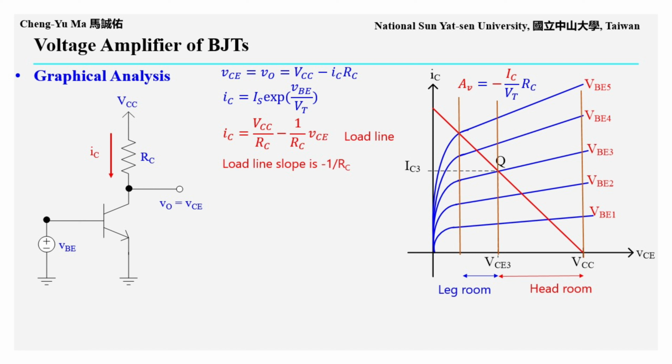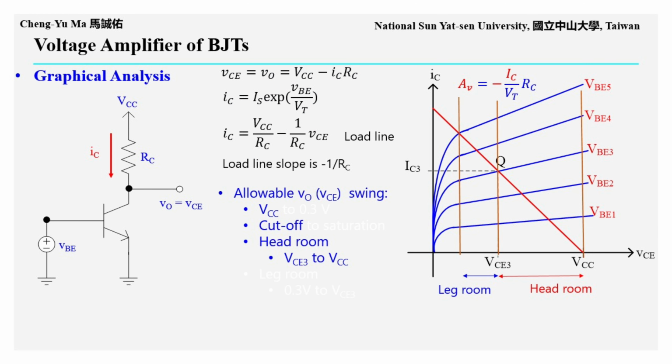The red straight line in the IC versus VCE characteristic plot is called the load line. We can see that different DC input biases, capital VBE, lead to different intersection points with the load line. For example, when the DC input voltage is VBE3, the intersection with the red load line is the Q point. This Q point is the DC operating point of the amplifier, giving the DC voltage VCE3 and the DC current IC3. When an AC input signal VBE is applied, the total VBE changes. If the small signal input VBE